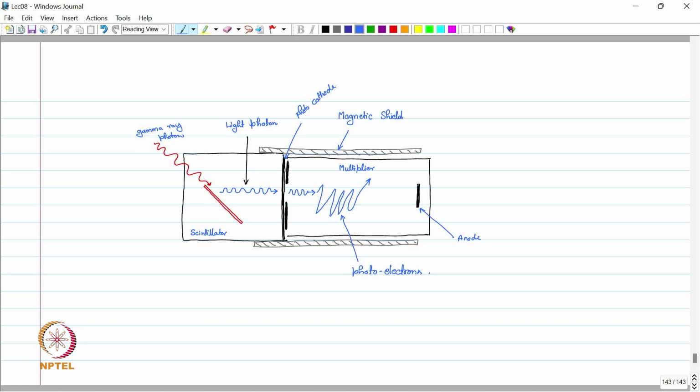And these photoelectrons, which are now charged particles, can be detected by the cathode and anode which we place in this cavity. So the number of electrons received by the cathode and anode give rise to a current in the external circuit, which is a proportional measure of how many light photons are there in this multiplier cavity,